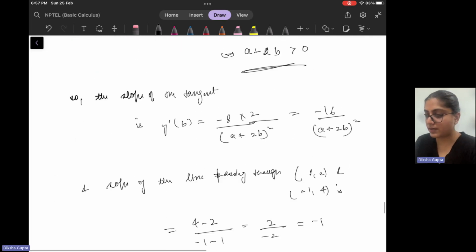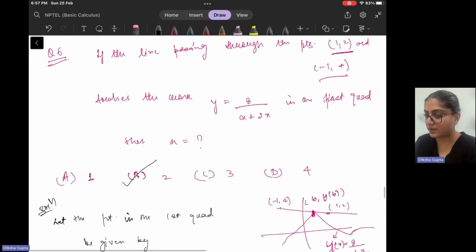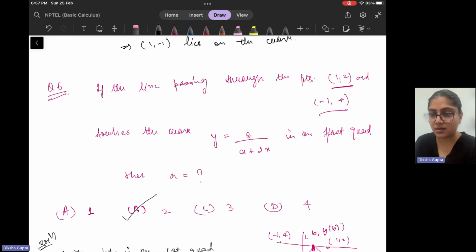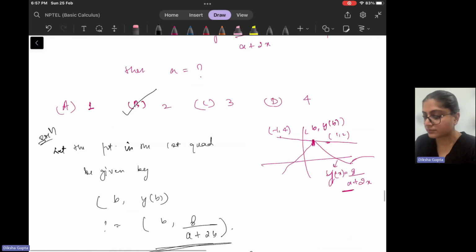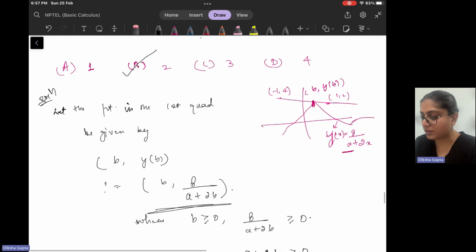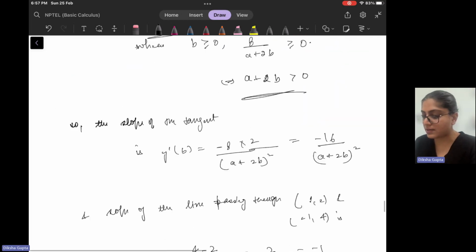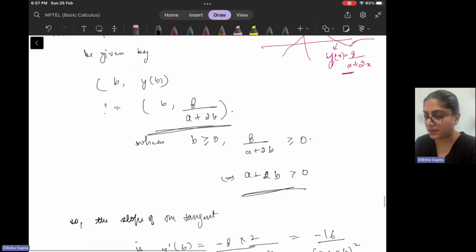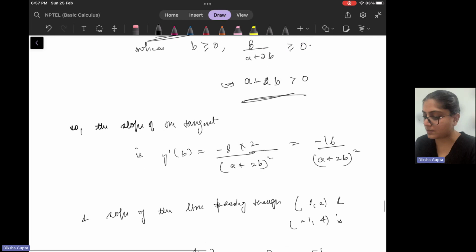Okay, so what we did, we were given that the line passing through the points 2 touches the curve in the first quadrant, then we have to find the value of A, which was in the definition of the curve. So we'll let the point be b comma yb. Since it is on the curve, it will satisfy the equation of the curve. So the point is b comma 8 upon a plus 2b. Now using the derivative, we found the derivative at the point b comma 8 upon a plus 2b,